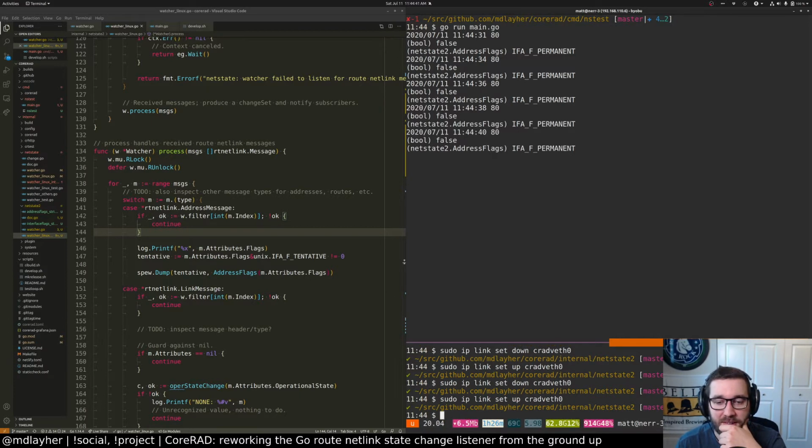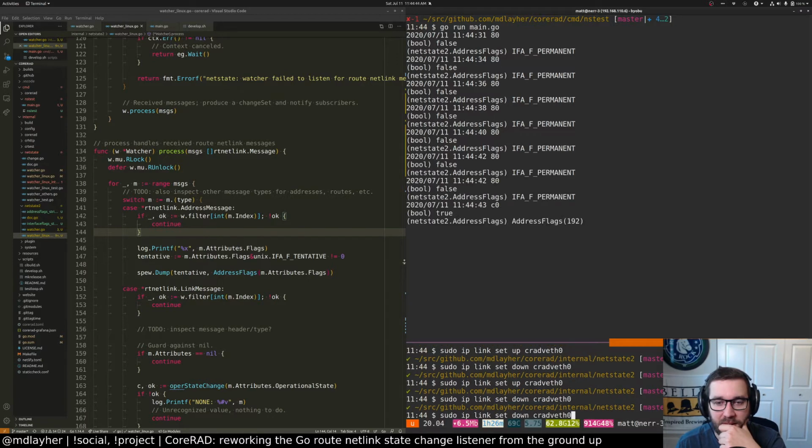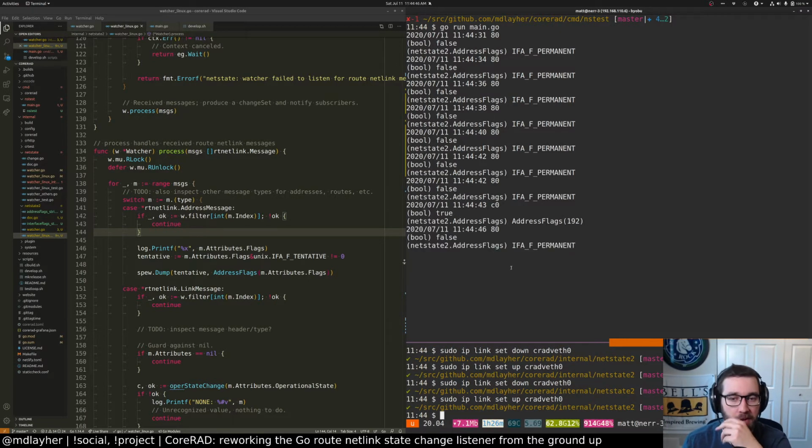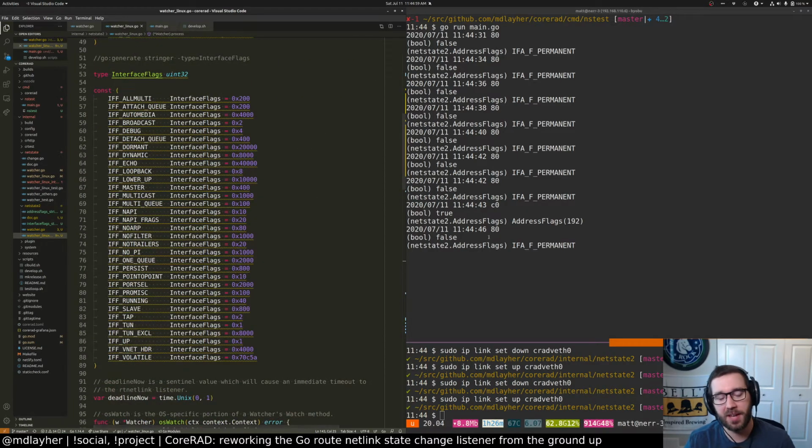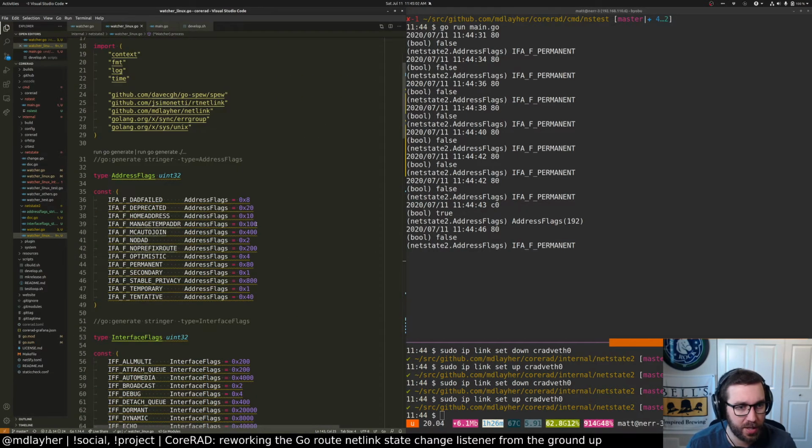80, 80, 80. C0. Okay, that's different state. So C0 indicates, I mean, I guess we could have dumped the binary here, but let's see here. So the flags are 0x80 in hex, which is the permanent, right? But then C would be, what is it, 8 plus 4? 12 in hex, right? So C0. So you have to mask that with,